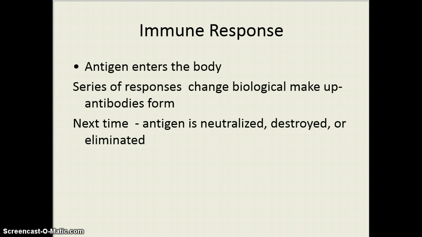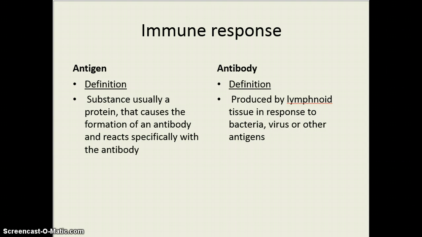The immune response then is looking at the antigens as they enter the body. It causes a series of changes, and then next time with that immune response, we know that the antigen is neutralized and destroyed because the immune system remembers that they have been sick at one time or another with that illness. In that immune response then, our antigen is that substance in the body, usually a protein, that causes the formation of your antibodies. Antigen is kind of the bad guy, and the antibody is produced in response to the bacteria or other invading